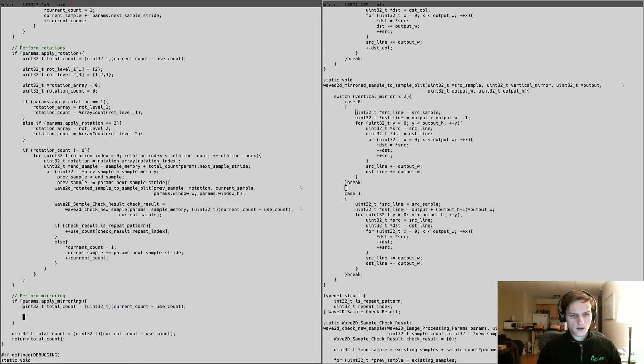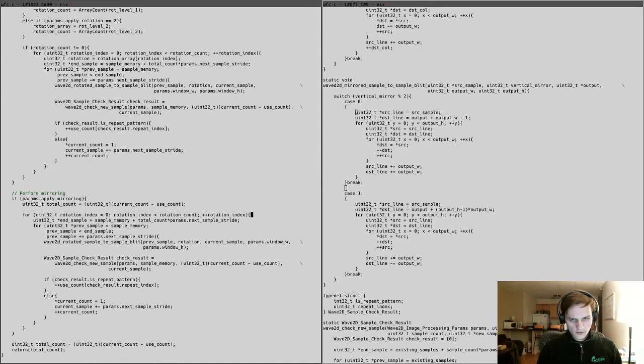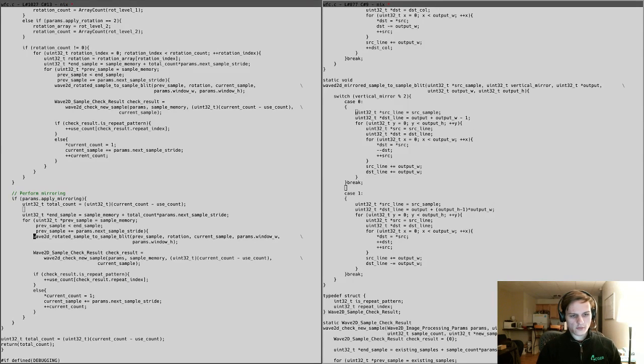Grab the total count as it stands right now. No, I don't need any of that. Okay, so then grab this for loop here. And we don't need a rotation index or any of this nonsense really. What we need is actually we don't even need the for loop. I take that back. What we need is just to start where we left off. For each sample,